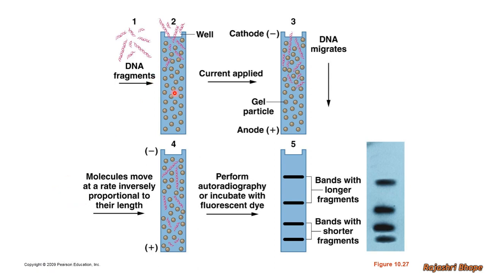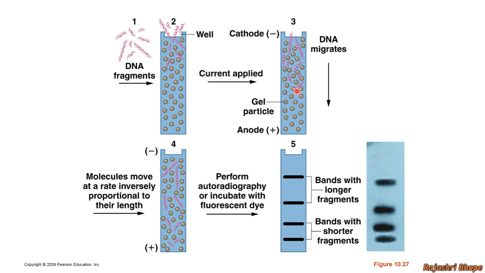These are agarose units, the black circles which you can see. When you load the DNA sample, these DNA fragments are of variable sizes. The smaller one will have less size and molecular weight than the larger DNA fragments. As you load it and provide